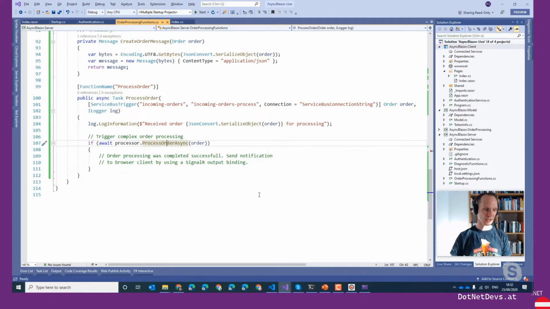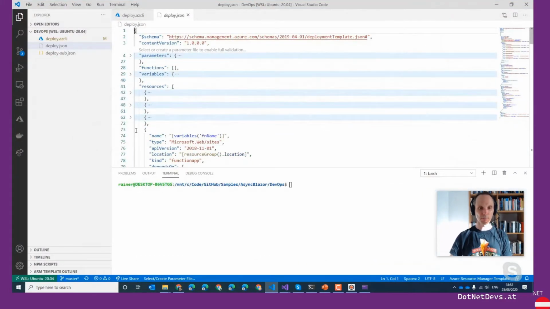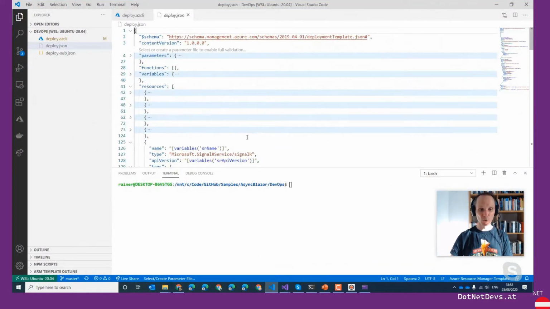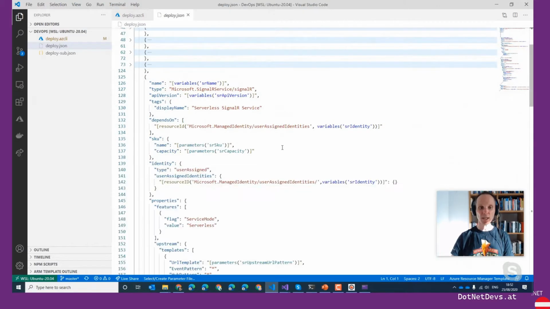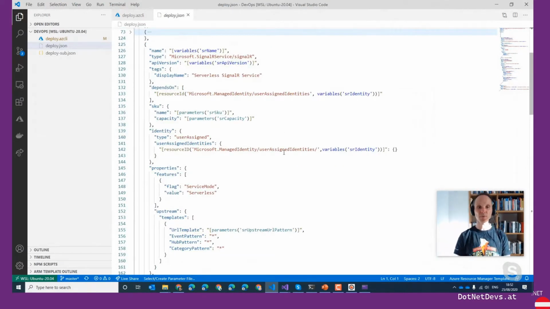Okay, I hope you are still all with me and you understood what we did so far, because now it's getting really interesting. Because now we add SignalR to the game. I told you that I will not deploy anything to Azure, but of course I did because I'm using Azure here, and I can show you here in Visual Studio Code the ARM template where I created the so-called SignalR